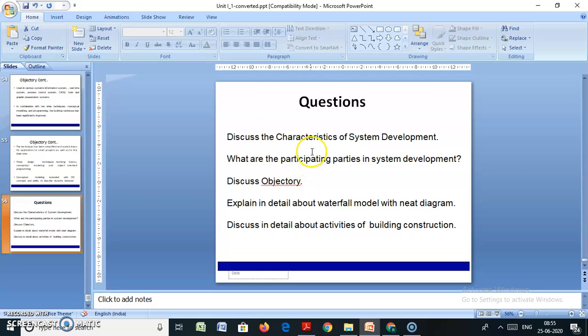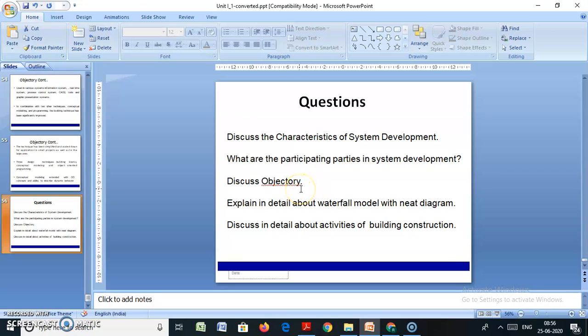Next, requirements or input to the system development. Next, the system is an output from the system development, and another characteristic is which various parties are interested in the system development. These are the characteristics of system development. System development itself is one characteristic of system development.